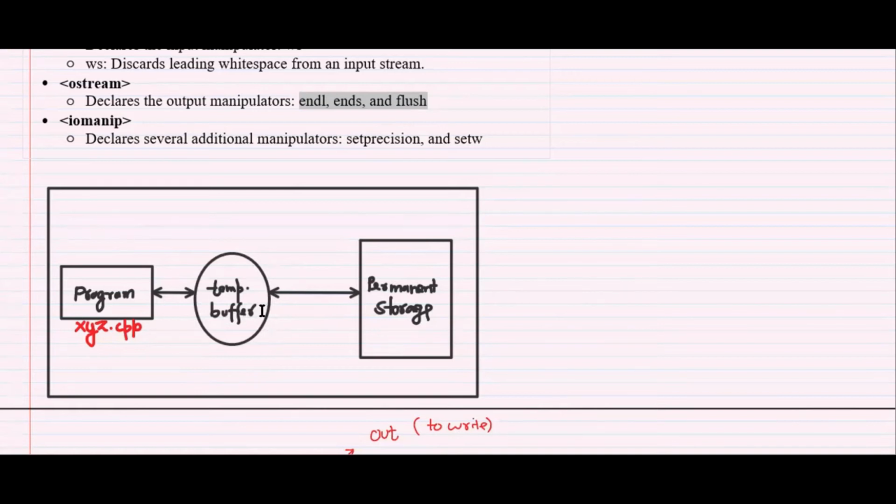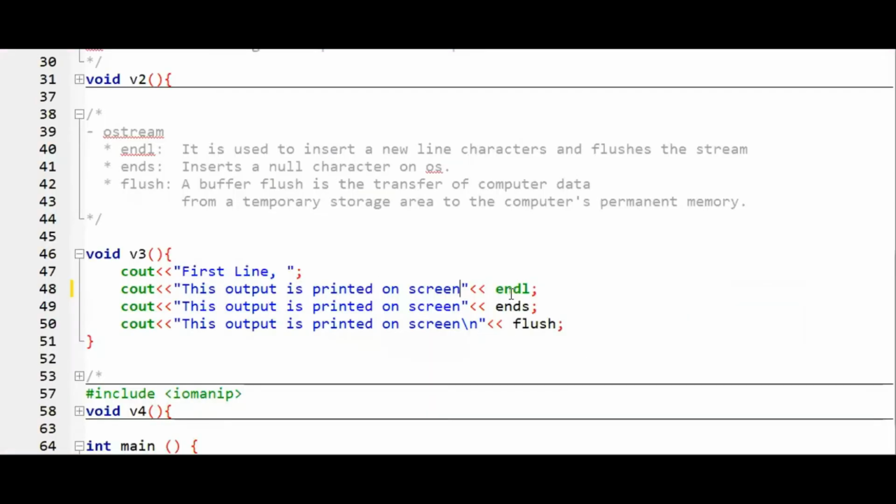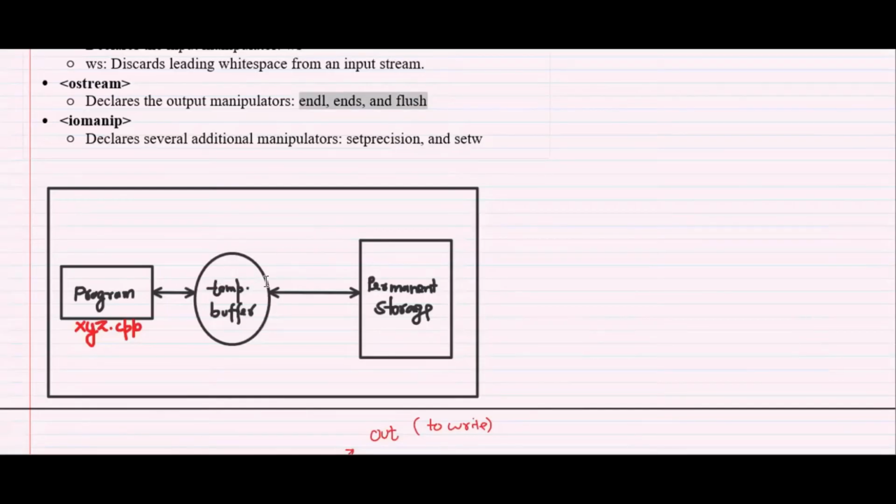So the use of endl, not new line, it is endl, means you are creating a new line character at the end of this statement, and also flushing your data from the temporary buffer into the permanent storage.